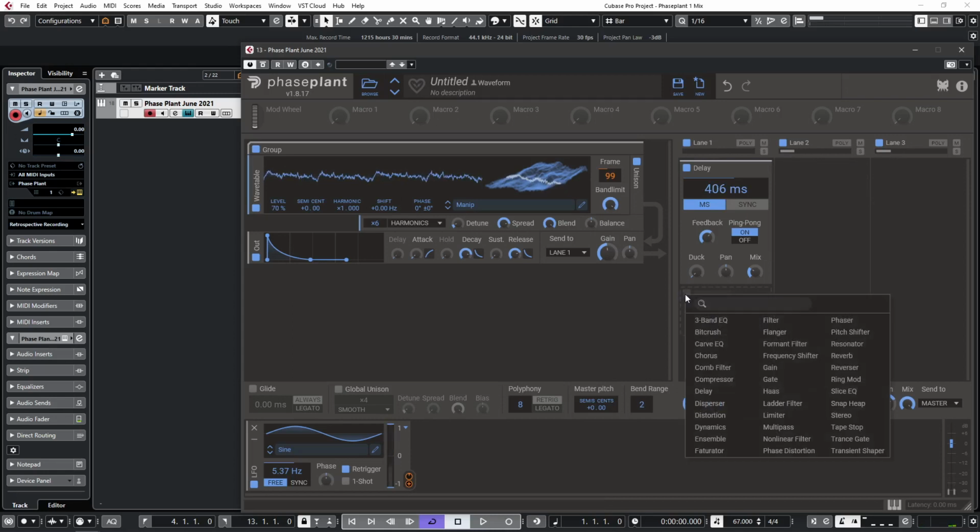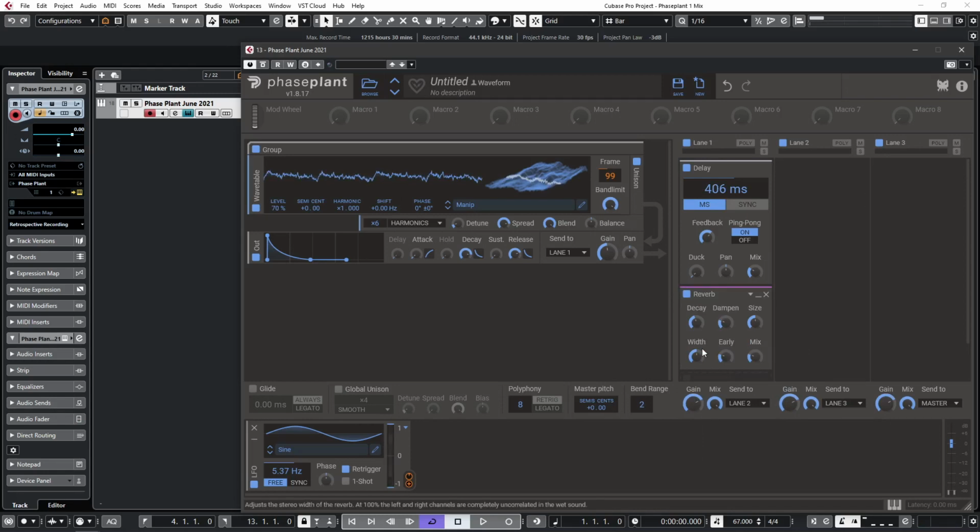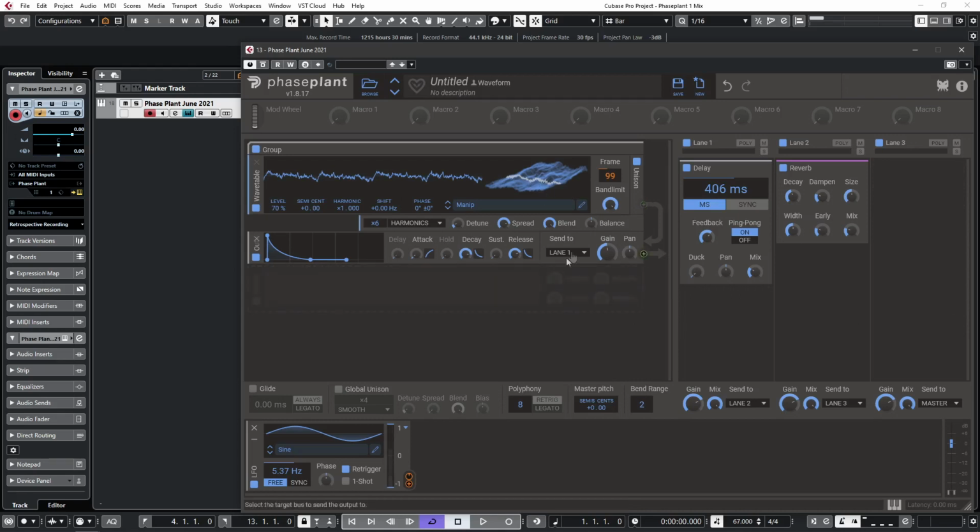There we go. We'll add some reverb to that, and we're virtually there. So we'll put some reverb after that. I could put reverb on lane 2, because lane 1 is sending into lane 2, which in turn is sending into lane 3. If you've got a complex patch, which we'll look at later on, you can set different oscillators to feed different effects. So it doesn't really matter where the reverb goes in this case, because it's going straight from lane 1 into lane 2. But to illustrate the point, let's increase the mix again, and